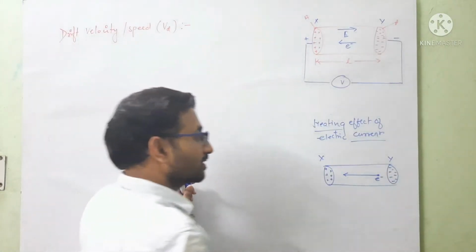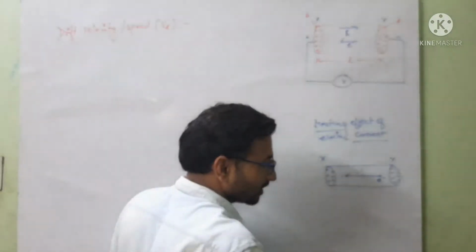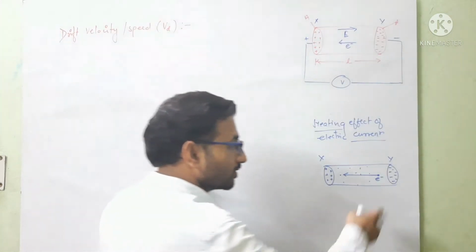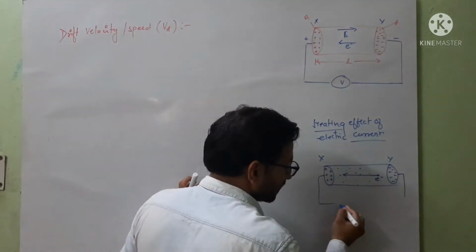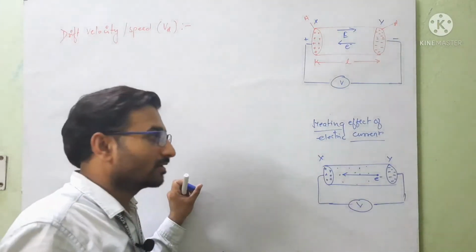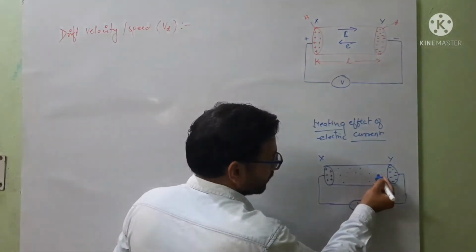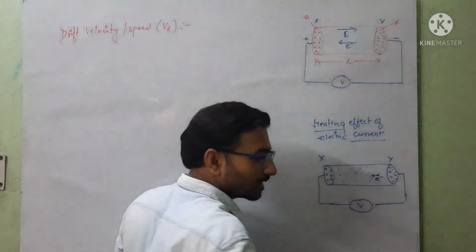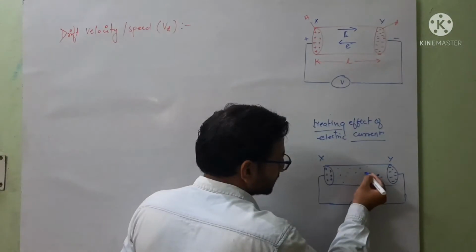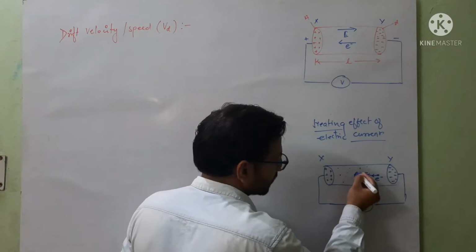Why is it? Because in their path there are many positive ions, other ions and atoms present because we have a conductor, and the electron is moving because here we applied some external electric field having potential difference V. When the electron moves from this negative plate to positive plate, its motion will not be continuous, it will strike the other atoms and ions which come in its path, and at every collision it will change its direction of motion. Randomly I have drawn this.